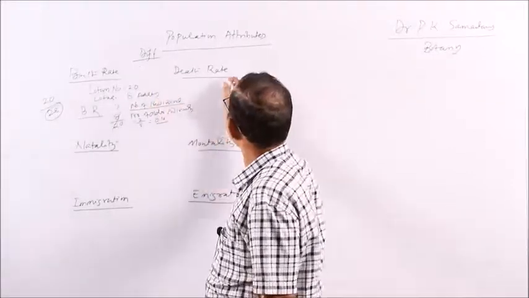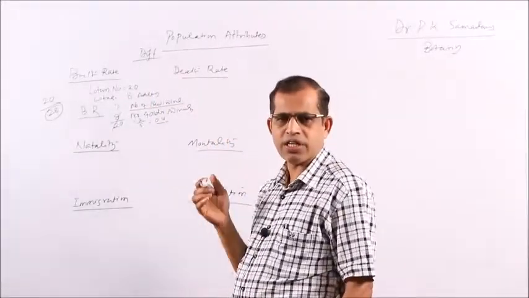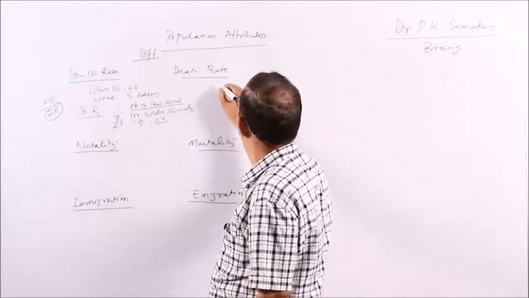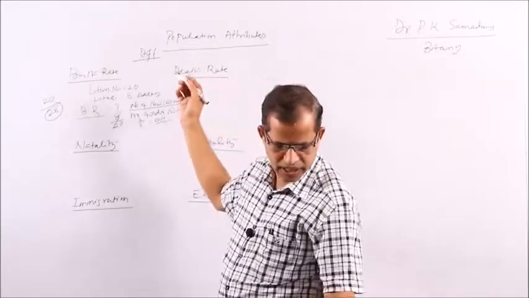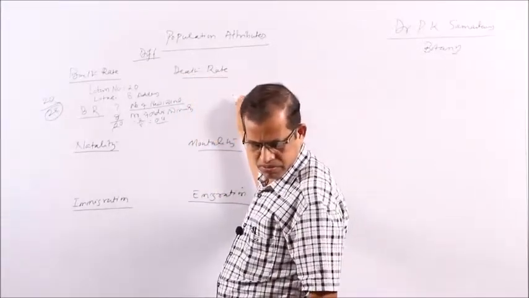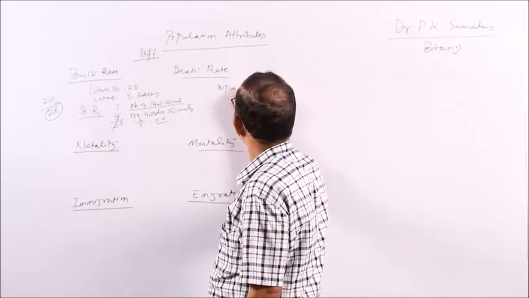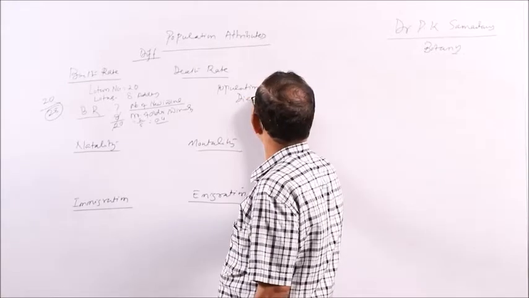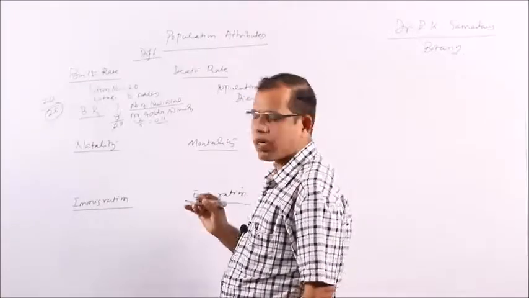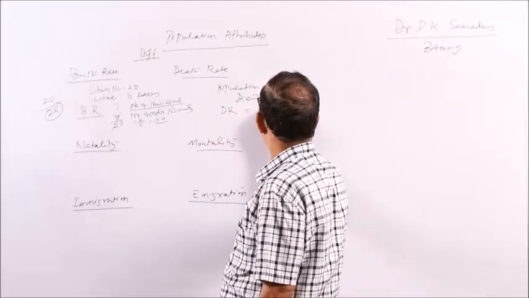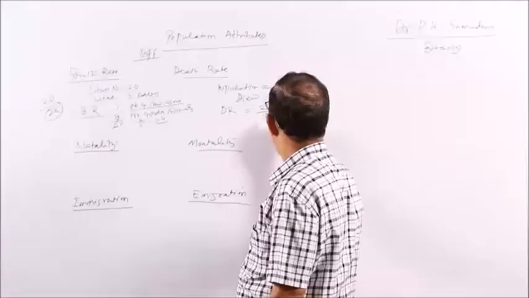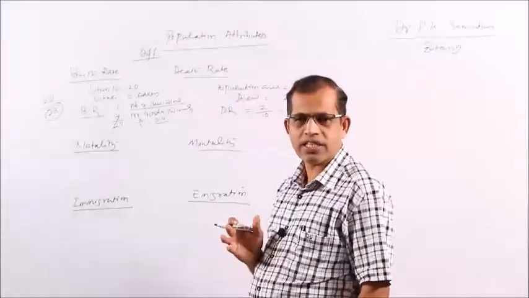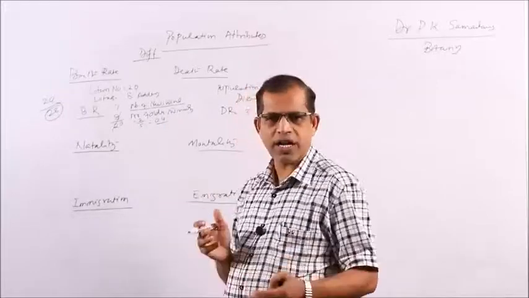Similarly, we can take the death rate: the number of individuals who die per unit time in a particular population. Let us take the example that you have a population of an area of 10, and 2 people died. So, what is the death rate? The death rate is 2 by 10, which is 0.2. From this one can analyze the death rate and the birth rate.